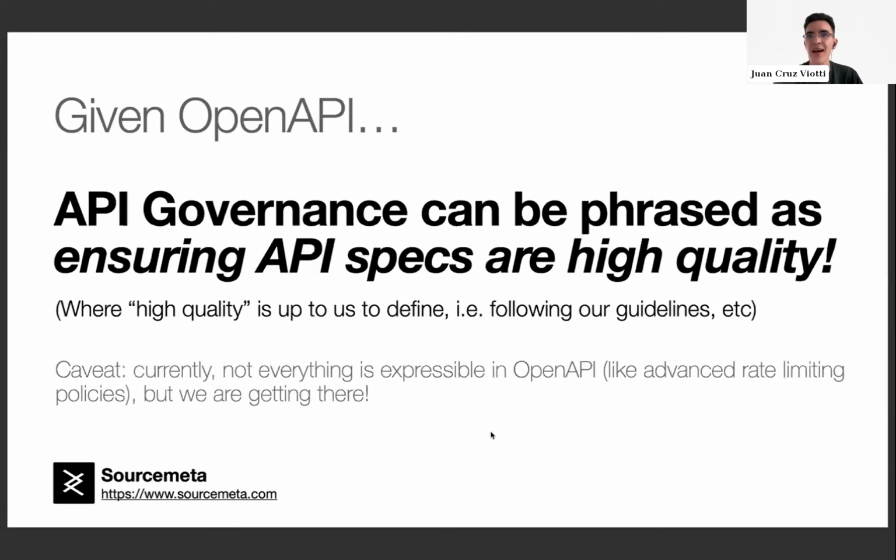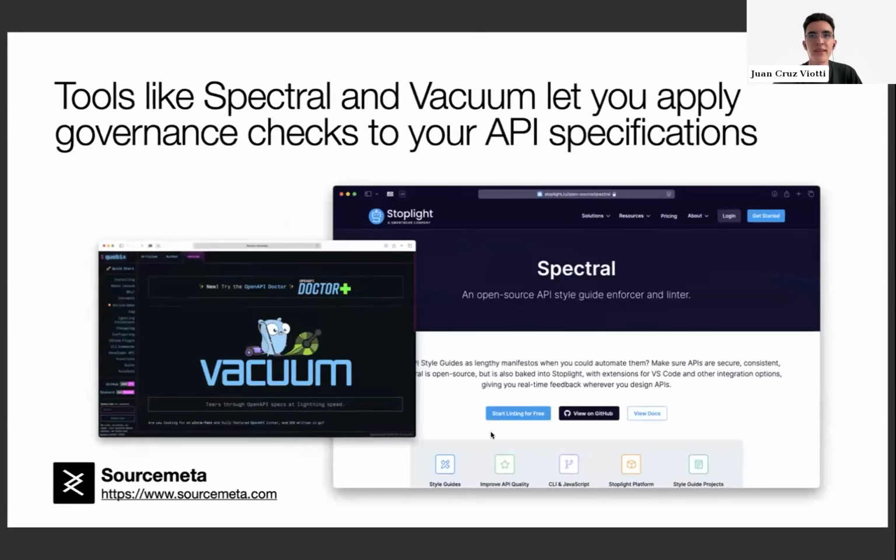And of course, not every aspect of API governance can be encoded using API specifications like OpenAPI yet. Like, for example, OpenAPI doesn't quite let you, at least not out of the box, define things like advanced rate limiting policies, but I think that's clearly where the industry is heading. I think we're heading to a place where more and more things are being expressed at the API specification layer, and vendors often, for example, may provide even their own OpenAPI extensions to allow more of this. And then in practice, you get tools like Spectral or Vacuum to implement and run your rules against the API specifications. Again, very popular stuff, and you might already be using them.